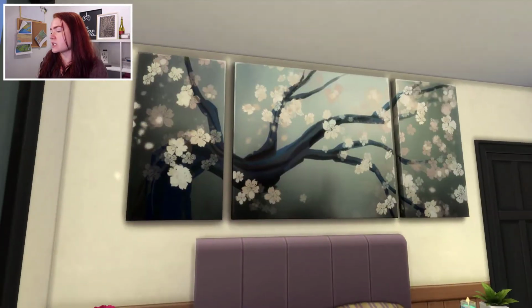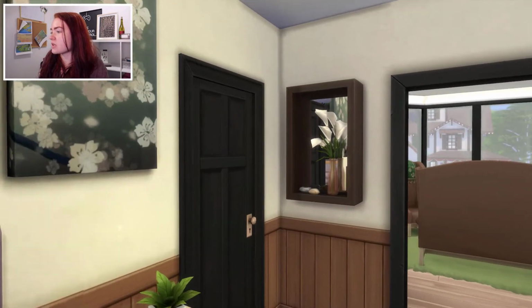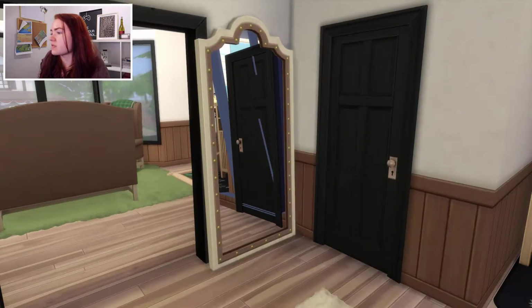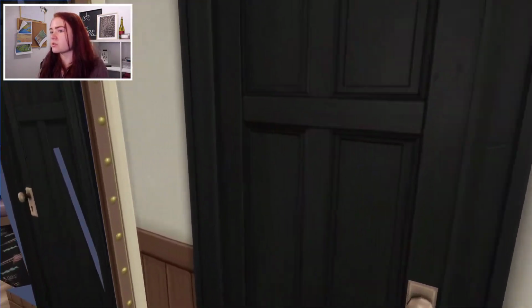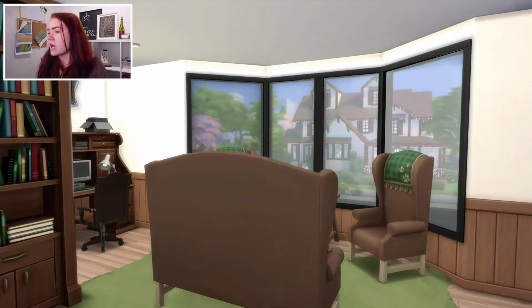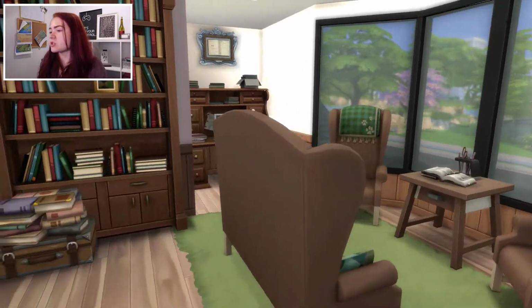And I like the utilization of this picture here, and also this flower from Dine Out. I usually never use it because I can never find a space that I like it in, but that looks really cute. And then over here is their ensuite bathroom, and then in here looks like maybe an attached parent